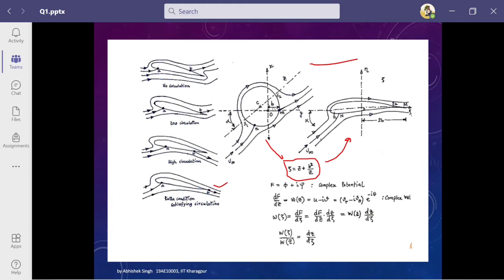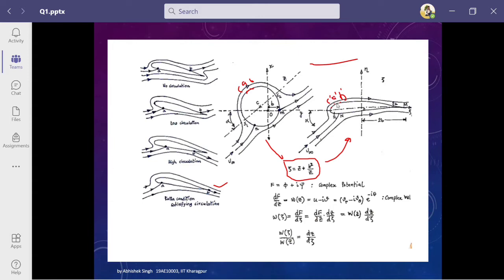So basically this is an angle preserving transformation. We call this conformal transformation an angle preserving transformation, and the reason is that if we take any point, say point A here, and we take very close to it points B and C, then the angle between AC and AB, and from this ABC we get a corresponding point on this airfoil also. Let's say A dash, B dash, and C dash.